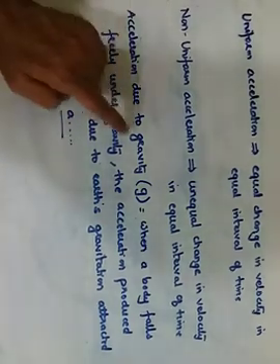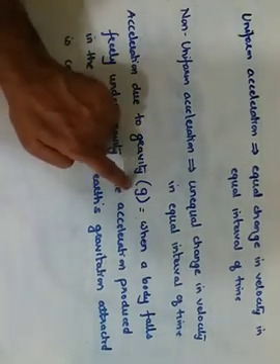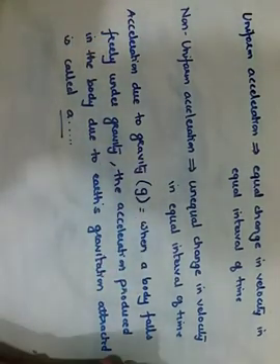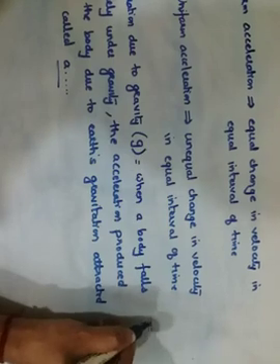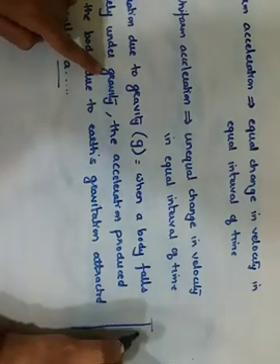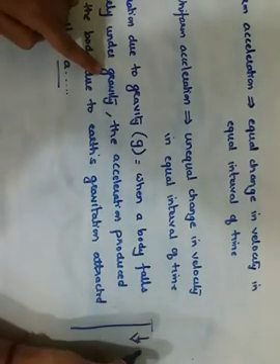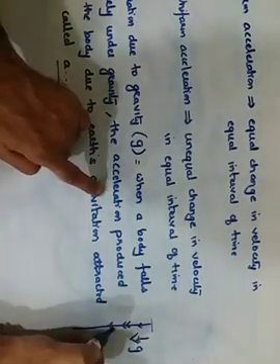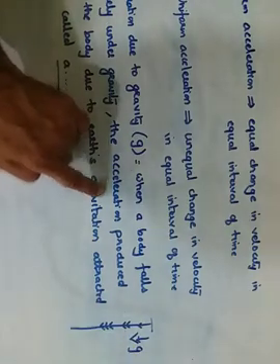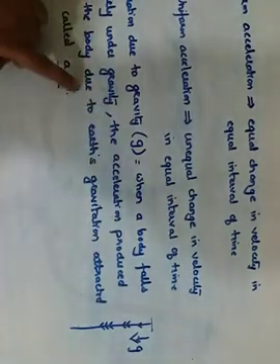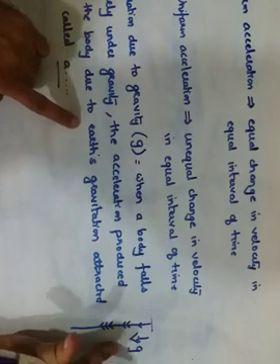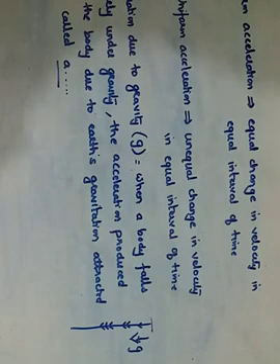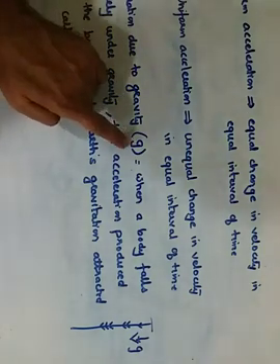So acceleration due to gravity, denoted by g, can be defined as the acceleration when a body falls freely under gravity. Gravity is acting in a downward direction. The acceleration produced, the increment in the velocity which is produced in the body due to the Earth's gravitational force or attraction, is called acceleration due to gravity. Just now I said it is denoted by g.